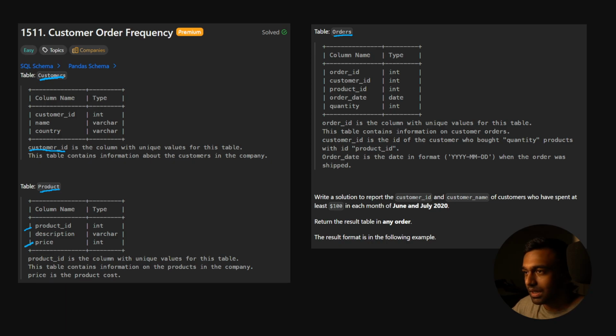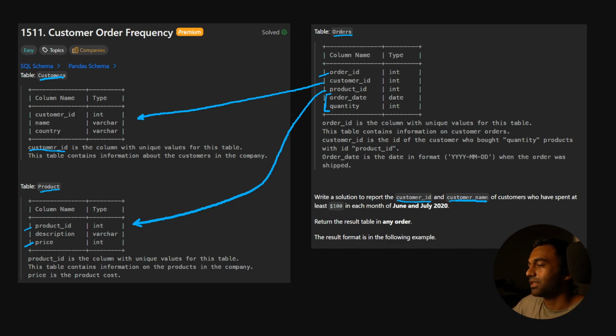price. And here we have our order ID, which is the primary key. We have a customer ID, which is a foreign key that points to the customer that made the order. A product ID, which is another foreign key, which relates to our product table, the order date, and the quantity. So we need to write a solution to report the customer ID and customer name of customers who have spent